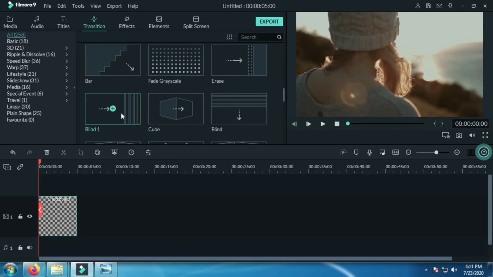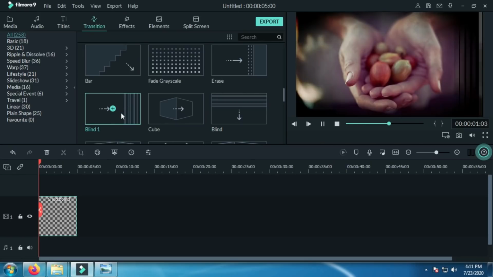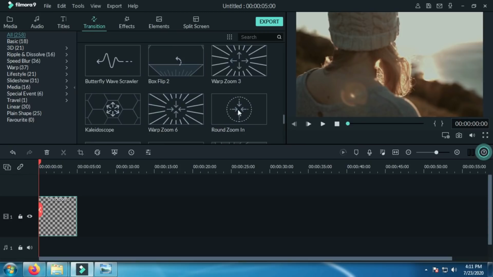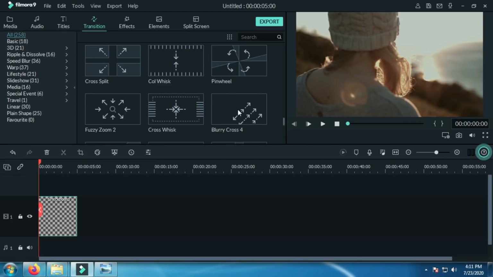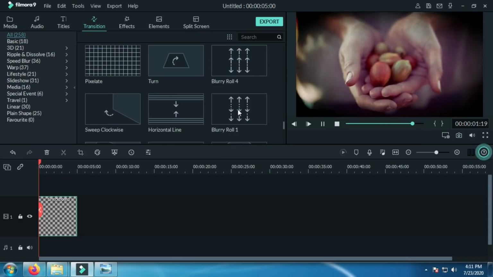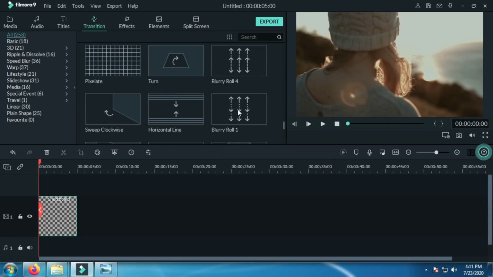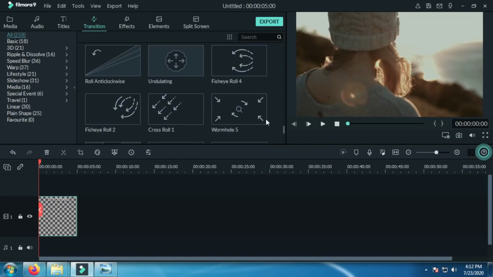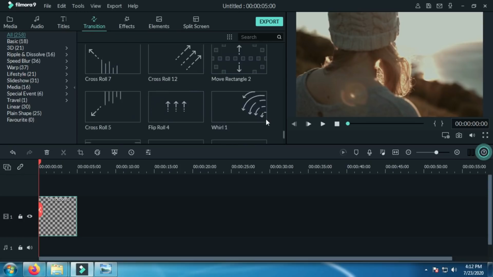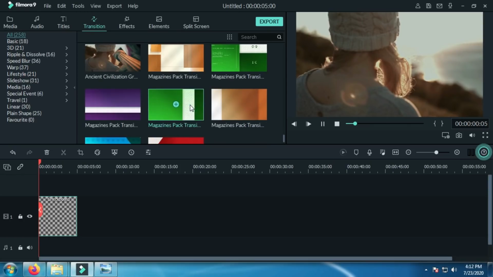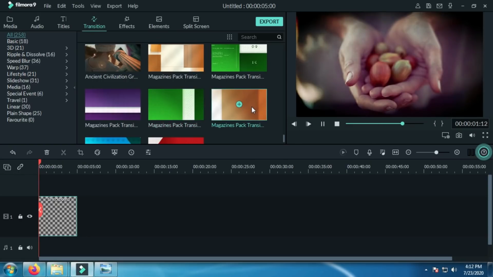See, these are vertical lines. It's a blurry roll. This one is a magazine type of transition.